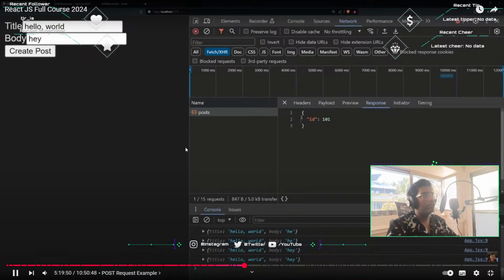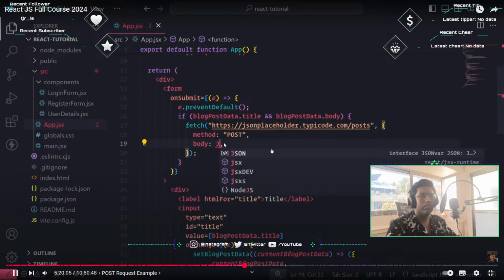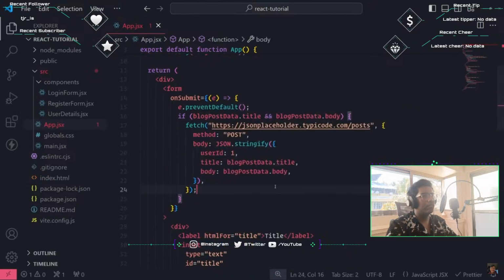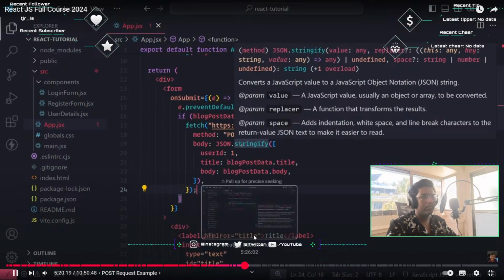Now, the reason why this is happening is because for our body property, it's not supposed to be an object. It's supposed to be a stringified object itself. So the easiest thing we can do is use the JSON.stringify method and pass in the object itself. This will convert the JSON object from an object to an actual string, and that is what we need to do for this API. Basically, JSON.dump